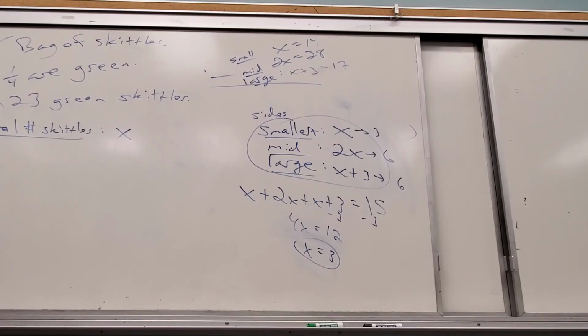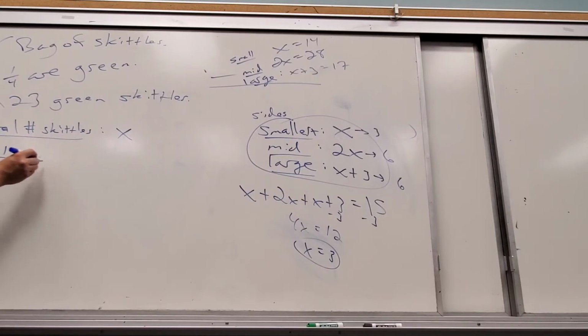Thank you. I'm so happy. Less and less people know what "of" means. It used to be automatic. You came out of high school, you knew what "of" meant. And now nobody knows what "of" means. If I say 1/4 of, that's 1/4 times. If I say 27% of, that's 0.27 times. Whatever. So 1/4 of the whole bag is